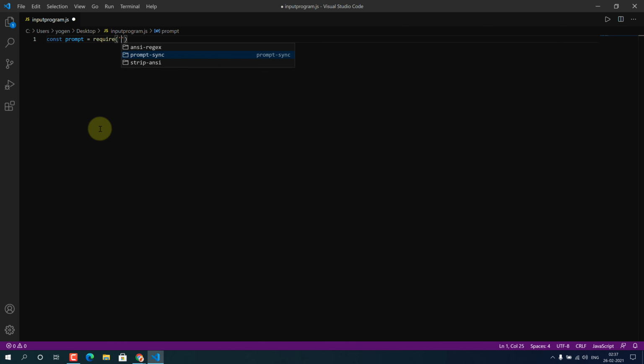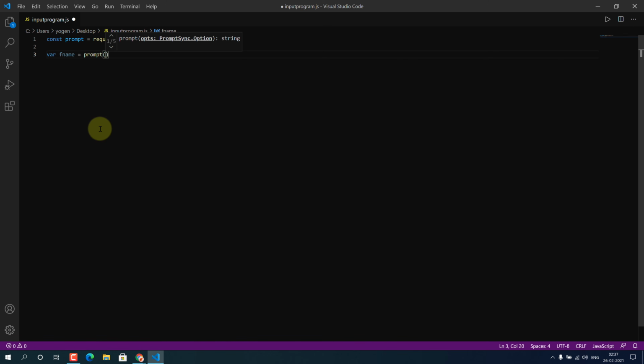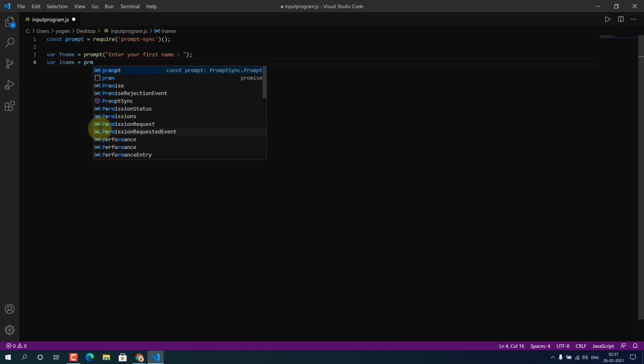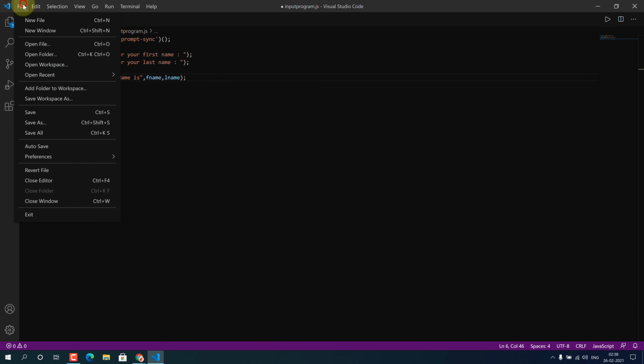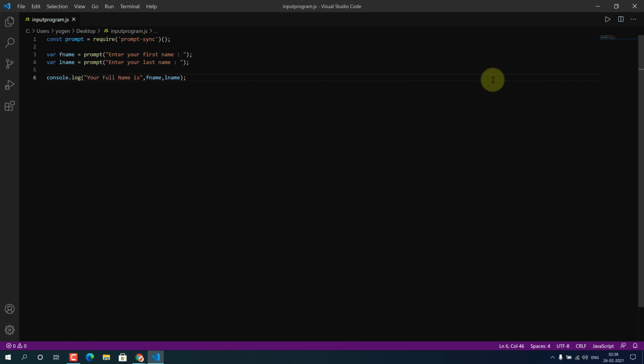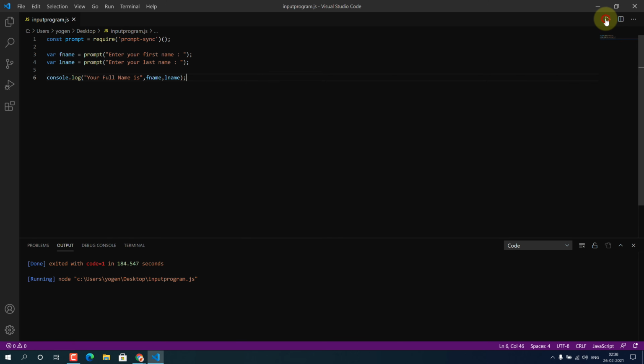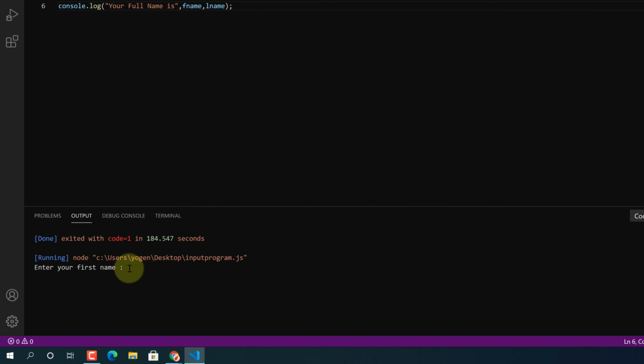Okay, here I am writing the code for the program that asks the user for their first name and last name and finally prints the full name of the user back to the output console. Don't forget to save your program before running the code. Let's run the program by pressing the Run Play button. So our code is running, but we are not able to input our first name here. So this is the problem.